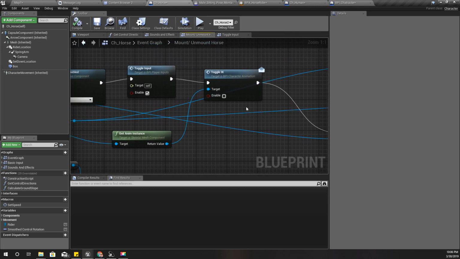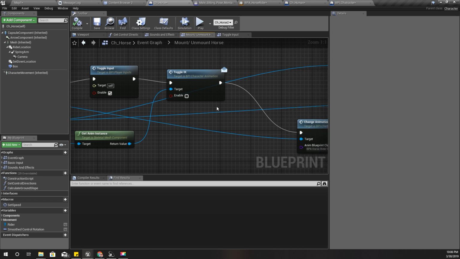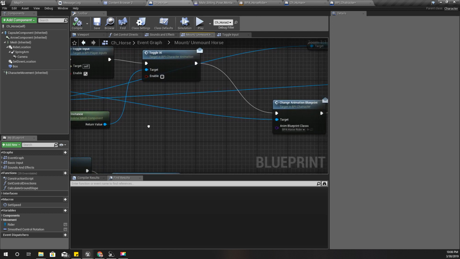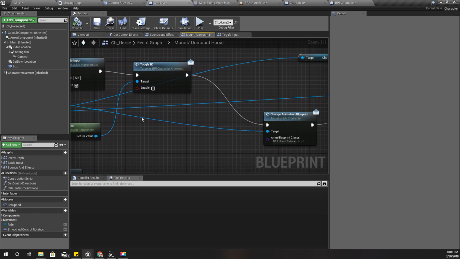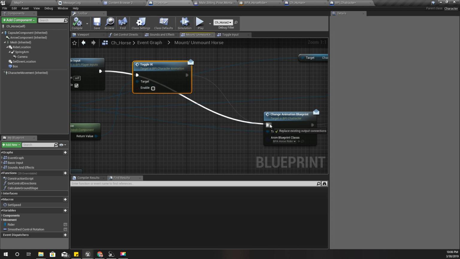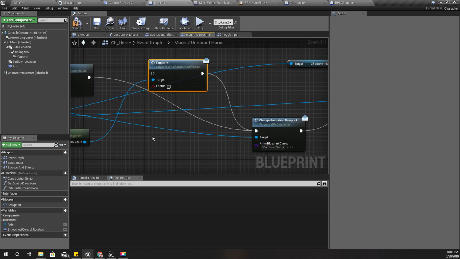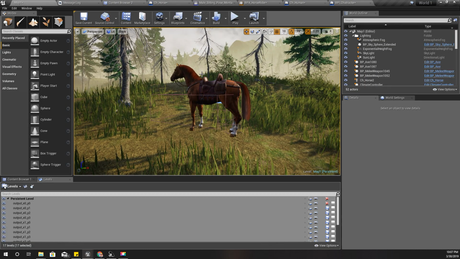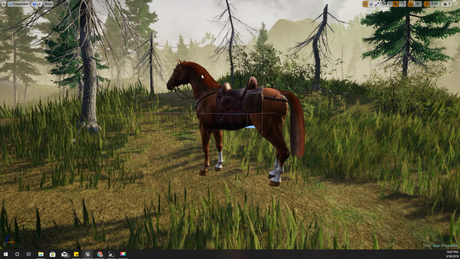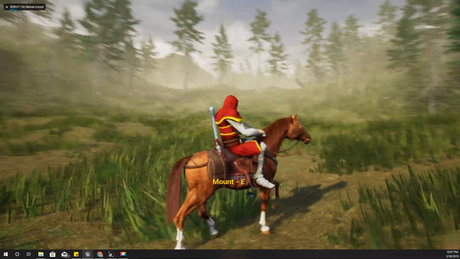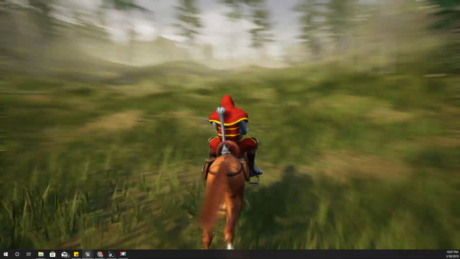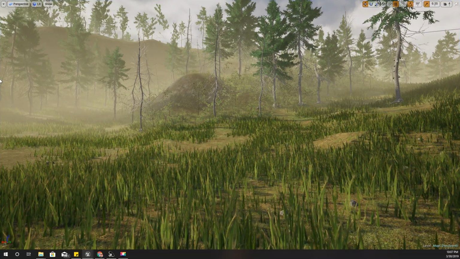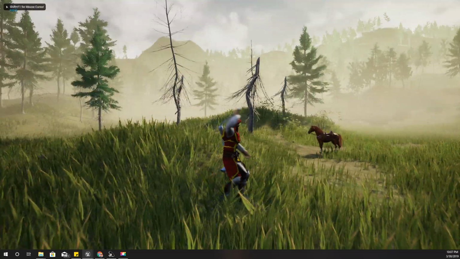Right, and again, since I have changed my animation blueprint, I don't have to toggle these IKs because this character does not have any IKs at the moment. Let's check again. Right. Okay. That part is done. Now let's see how to move